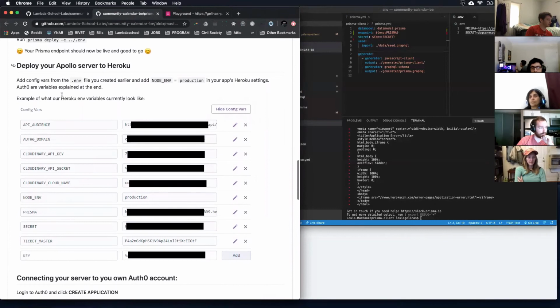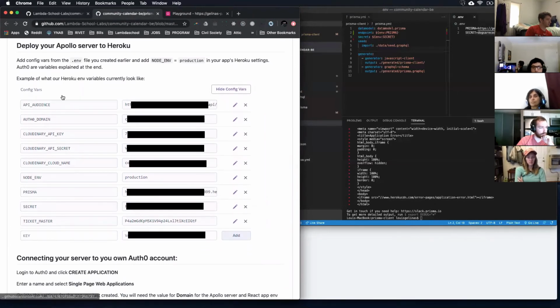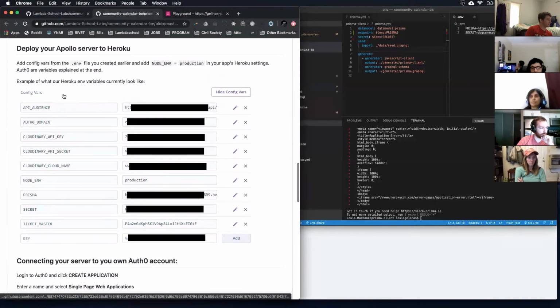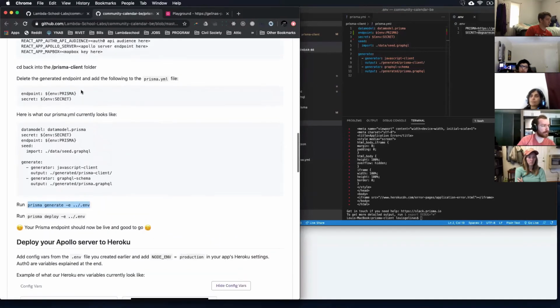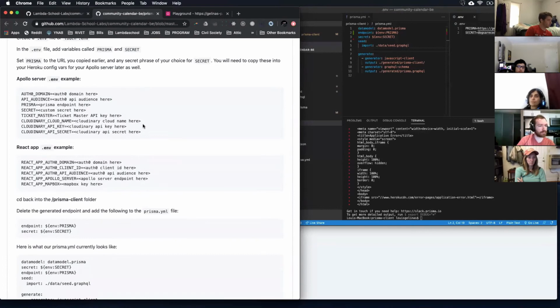Deploy your Apollo server to Heroku. All right. Add config vars from the env file you created earlier, and add node environment equals production in your app's Heroku settings. Example of what our Heroku environment variables currently look like. So all these other secrets that are up here,